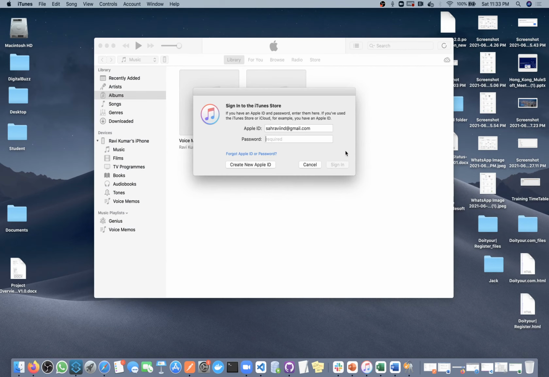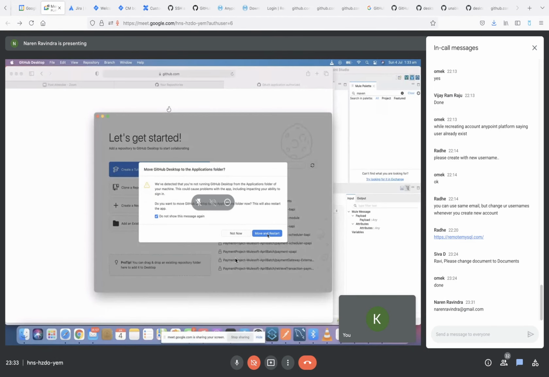1 minute. No. Wait. Not now. What is this? Wait. Move to GitHub Desktop. Yeah, it should be in Applications.